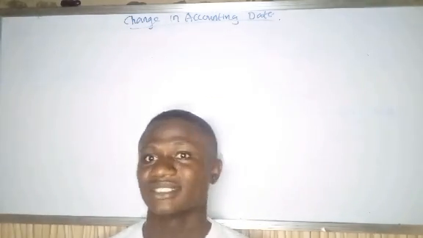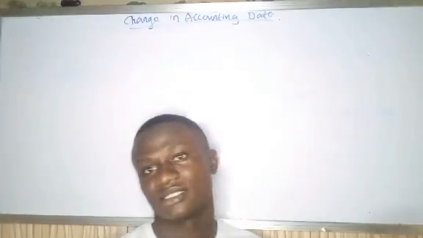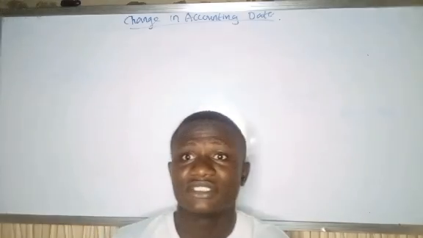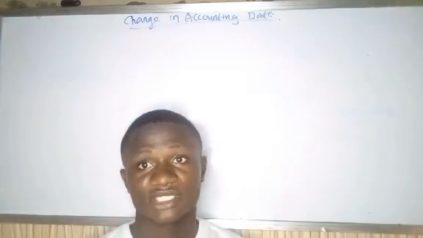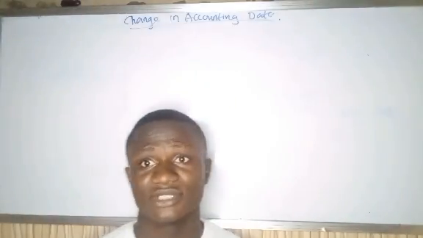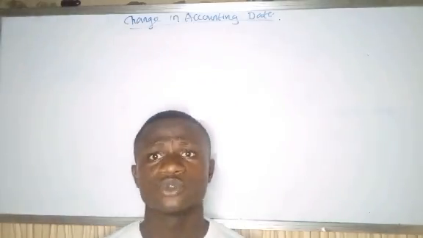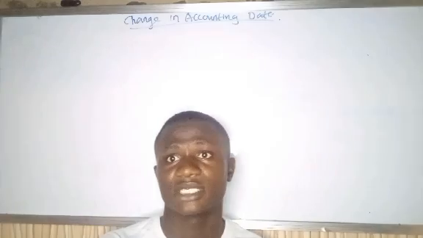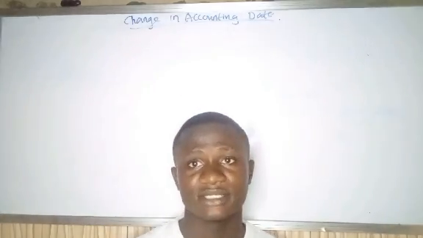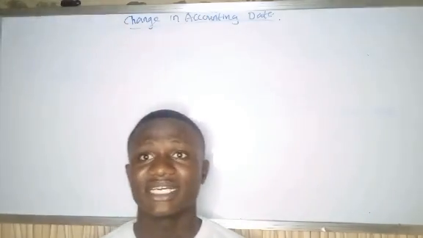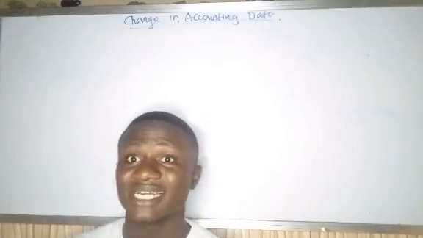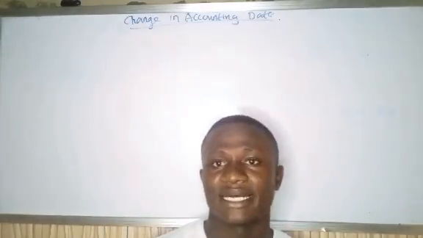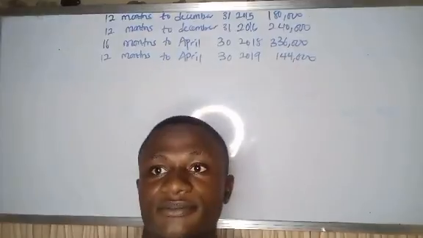Then whichever has the highest assessable profit should be the one that is used, because it is not FIRS, it is not the government officials' fault, it's not the government's fault that you are changing your accounting date. It is you that decided to change it, so you should bear the consequence. So we will compute using the old accounting year end, and using the new accounting year end, and the one that gives us the highest assessable profit is the one that will be used. Let's take a question and see what I'm trying to say.